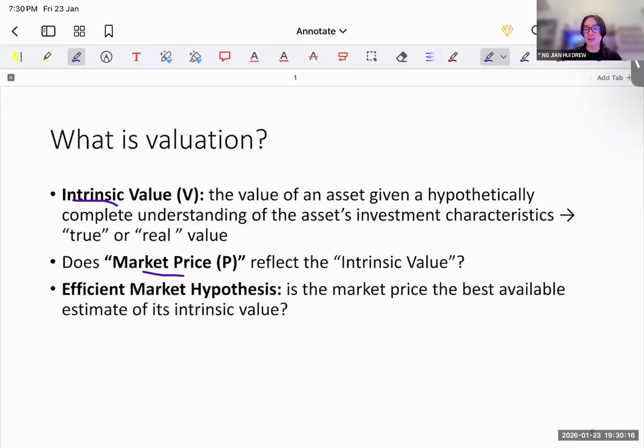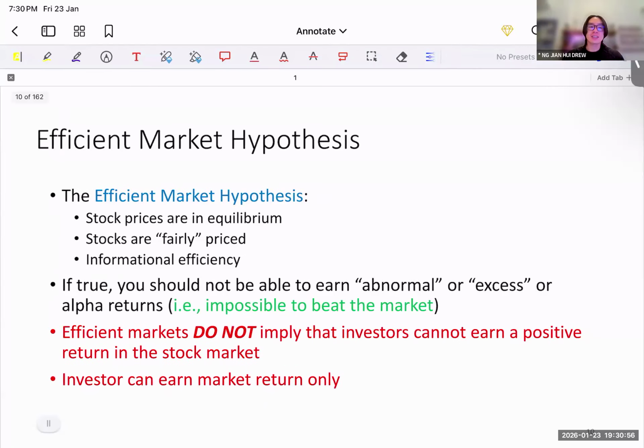Anyone can either unmute yourself or type it in the group chat. Market perception, not really. Good try, but not really. So, efficient market hypothesis. Okay, you are there, yeah. The price of an asset reflects available information. Yeah, that's good. So it's something about information, right? Basically what's the difference between the intrinsic value and the market price, right? Just based on new information, no information asymmetry. Okay, we are there, right? So it's about information, it's about price.